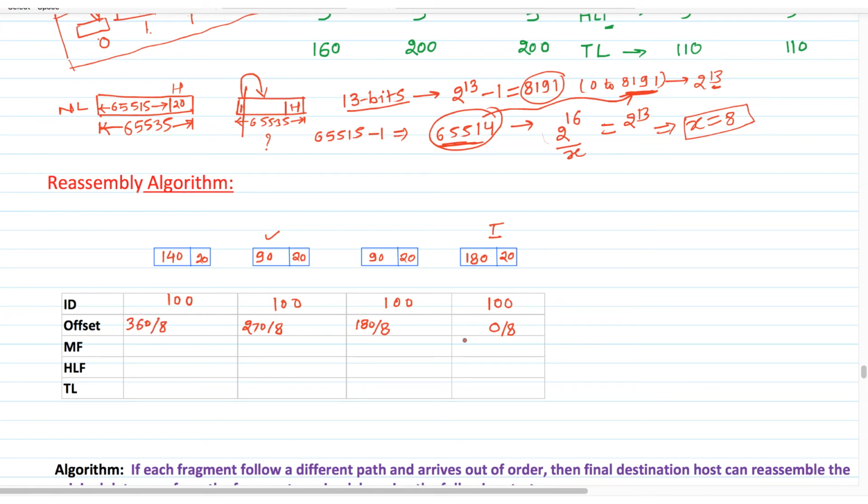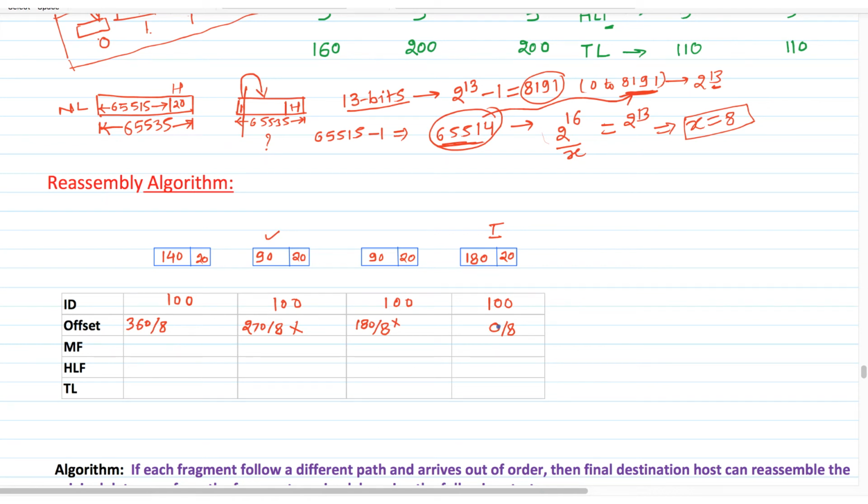It is equal to 0, but when we divide 180 by 8, we will get 22.5 something. So this is actually a floating value, but we are not going to store any float value in this offset field. Same way 270 divided by 8, again we get a value near 33.7 something. So these values we cannot store. 360 will be divisible by 8. So here we need to learn that we will store only that number that should be divisible by 8. We are going to store number of bytes which is divisible by 8 only.